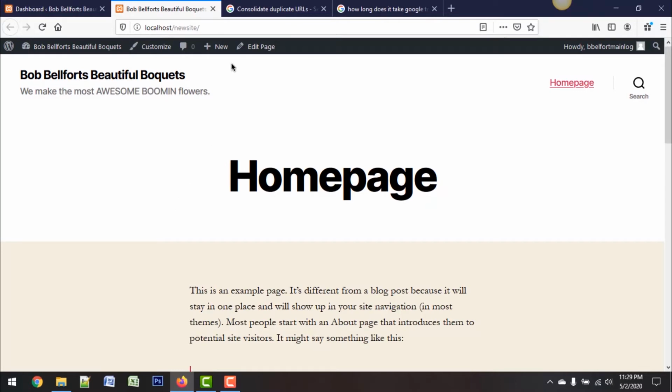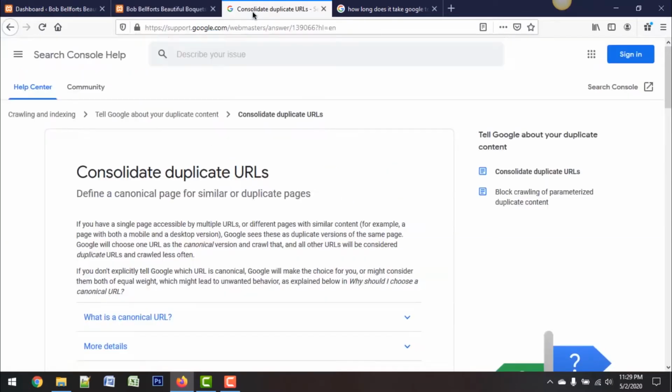The second problem you're going to run into is an issue called canonicalized URLs. And this is something most people have no idea about. Canonicalized URLs is Google's search engine, and I just brought you to this support page where somebody asked about this exact issue. If your site has multiple accessible pages, I bet you didn't even know that's a thing. You can actually have your website accessed from a